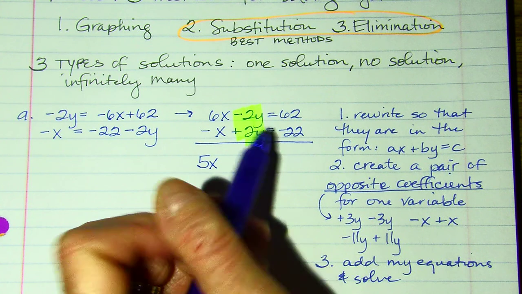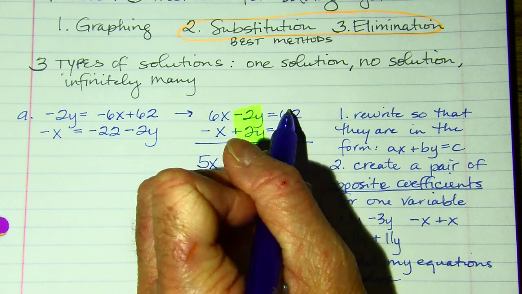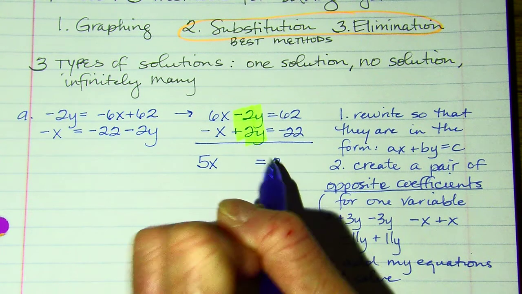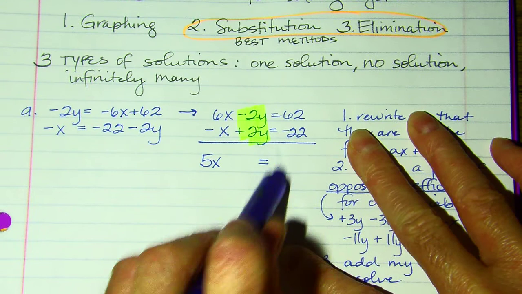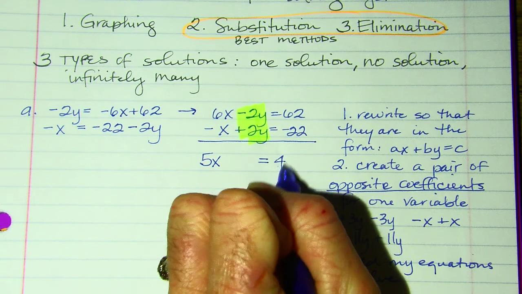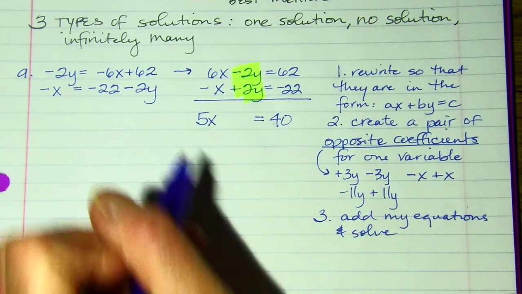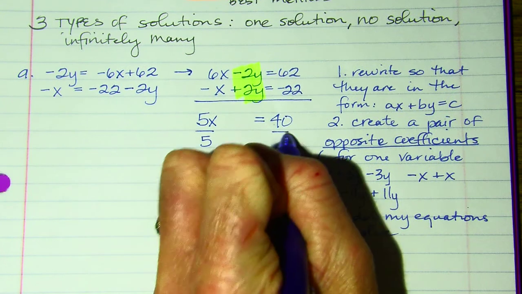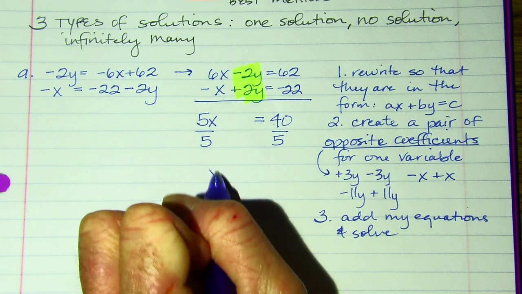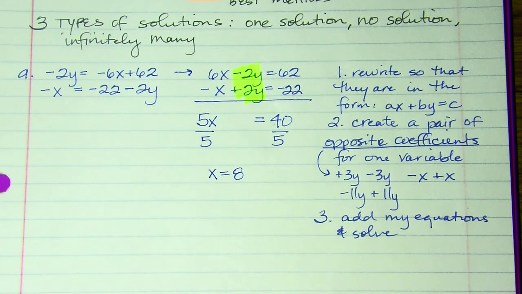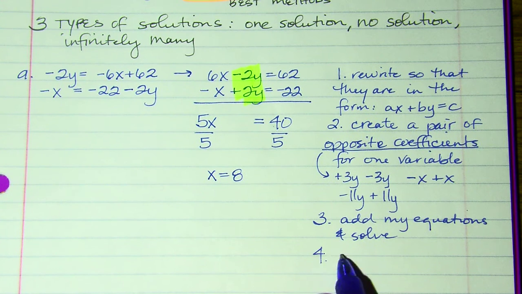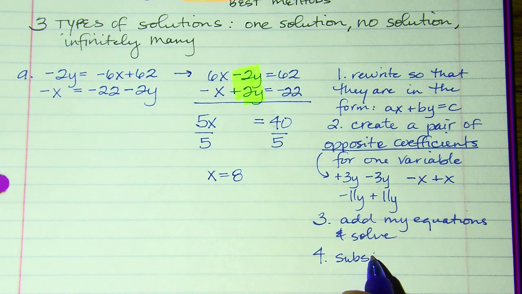That's why it's the elimination method. So equals 62 minus 22, which should give us 40. And then I'm going to solve. So divide by 5. And x equals 8. Now, last thing I'm going to do is substitute